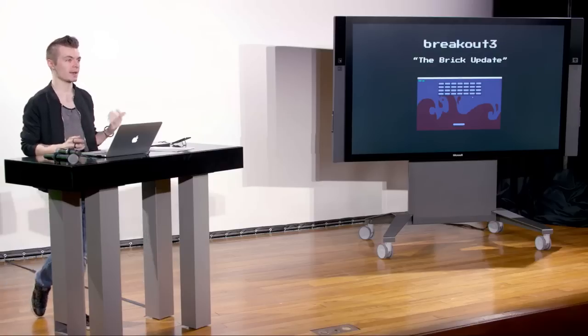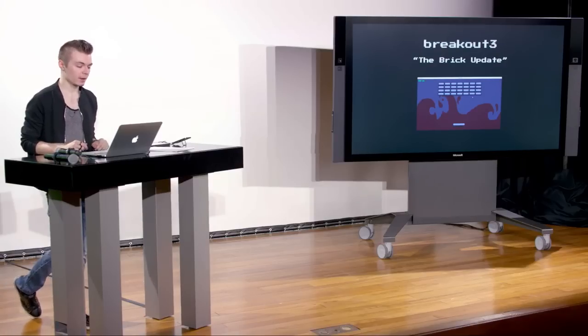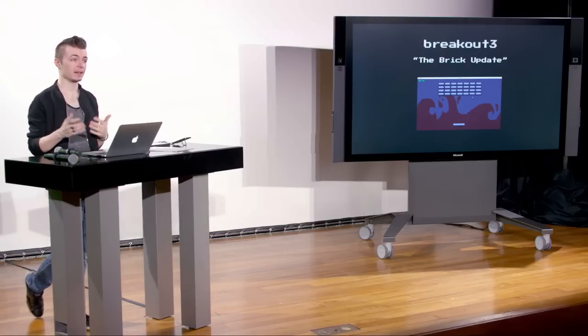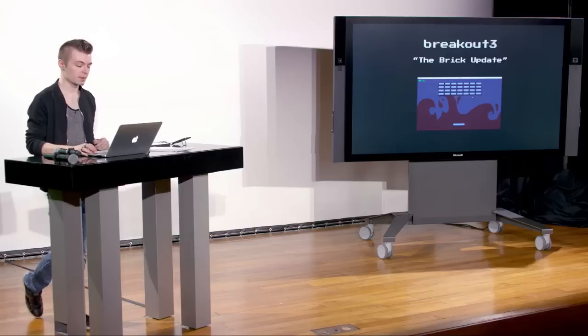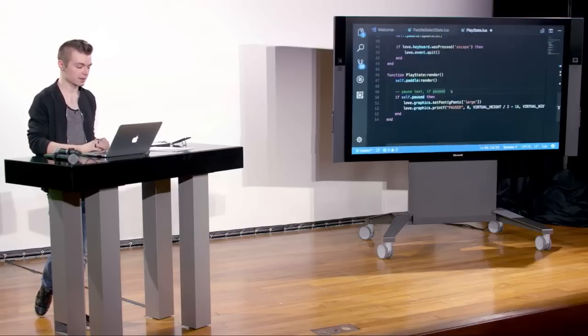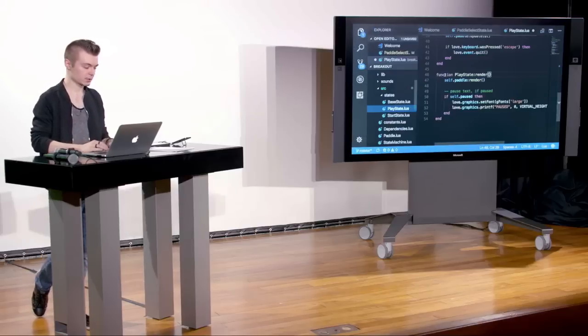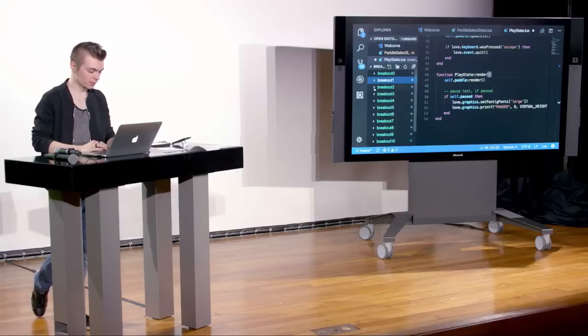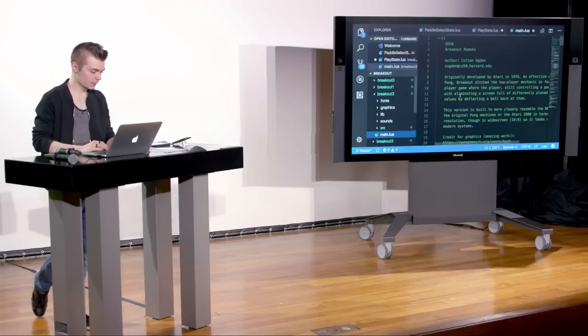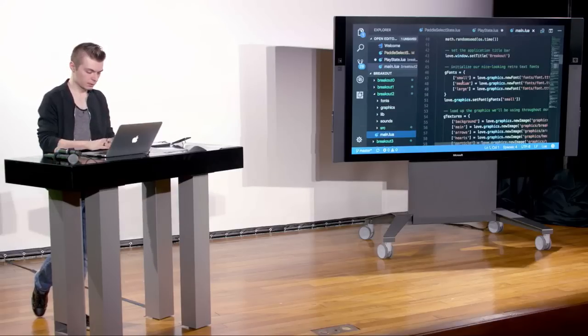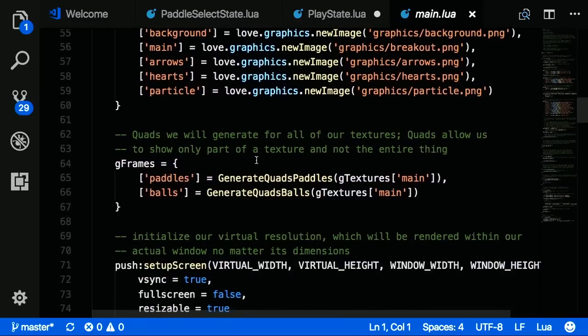But we don't have bricks, and this is probably the other big main component of Breakout besides the paddle and the ball. We want to have bricks that we can actually hit and aim for on the screen. So this update will address that. Let's go ahead and take a look at Breakout 2. In main.lua, I'm going to open it up here. On line 66, you can see we have a new